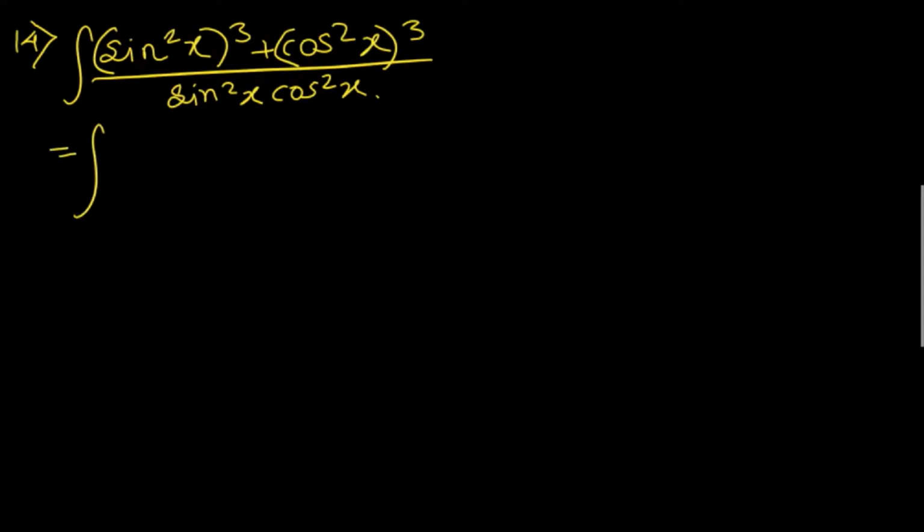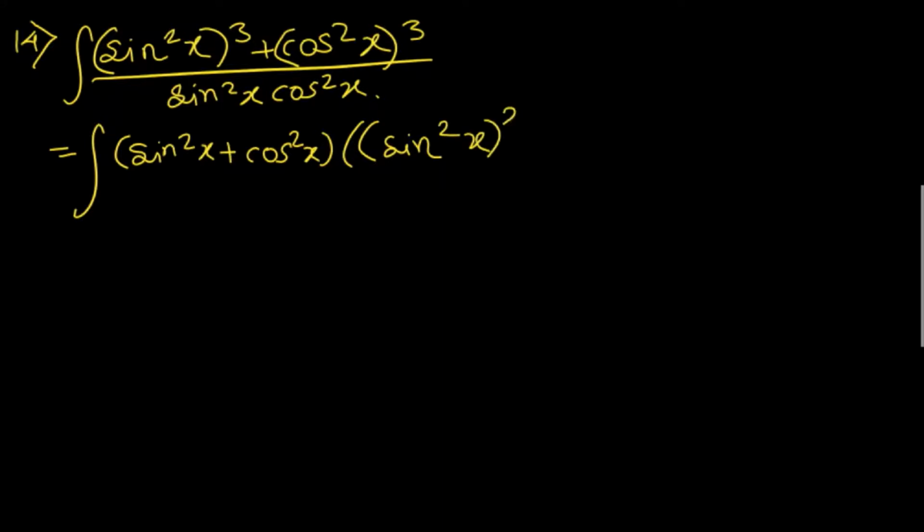So as per the formula for a cube plus b cube, which is a plus b into a square minus ab plus b square, we can write sin square x plus cos square x into sin square x whole square minus sin square x cos square x plus cos square x whole square, by